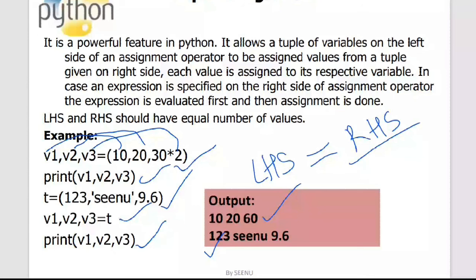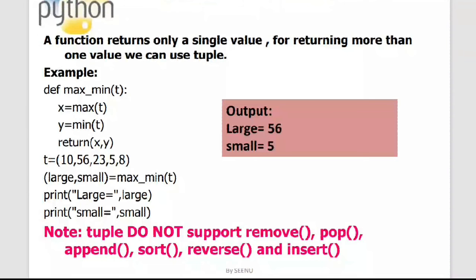Okay, now this is a very, very important concept, so just listen to me very carefully. Tuples for returning multiple values. We have already seen an example of divmod. Now we'll write our own code wherein we'll be returning two values. Just look into this part of the code. This is a function. We haven't seen the syntax of how to write a function yet.